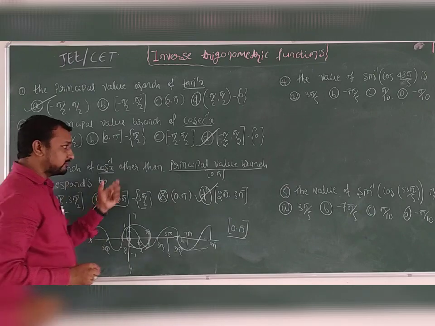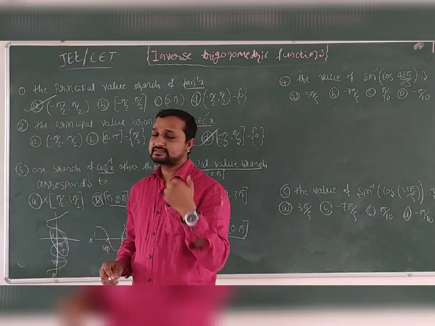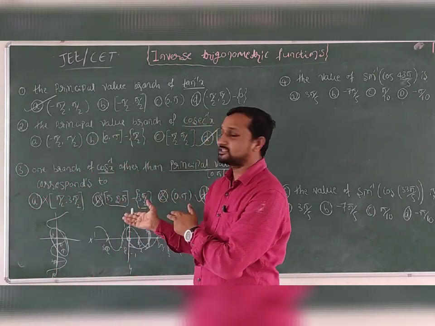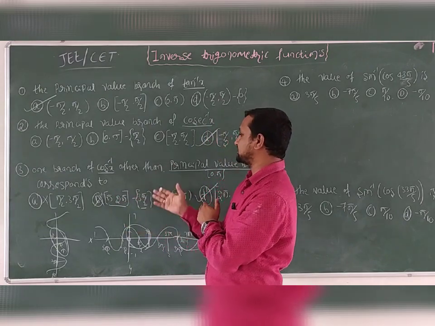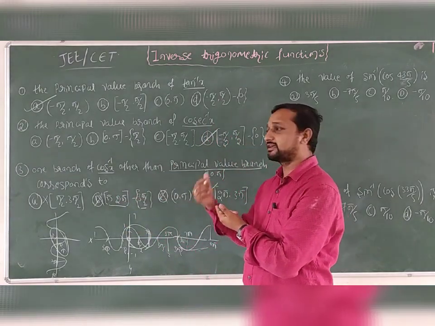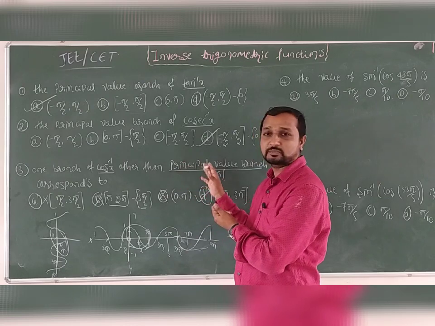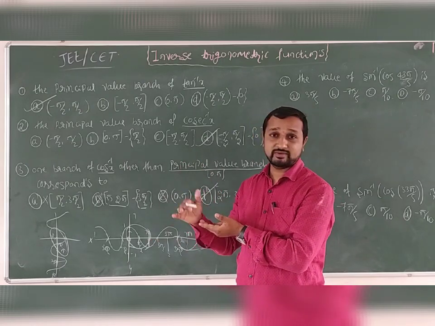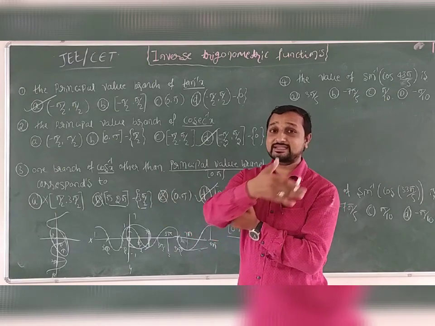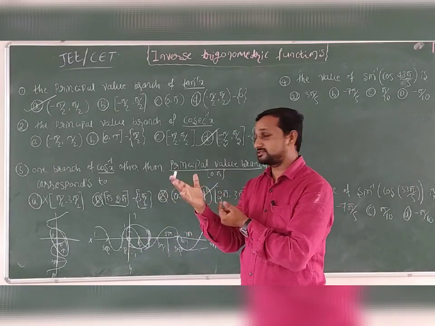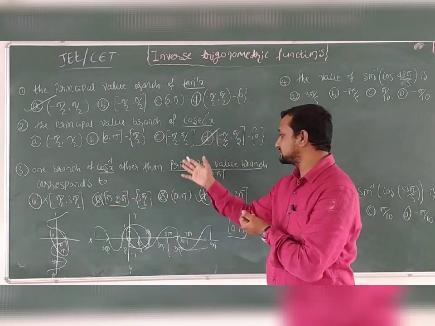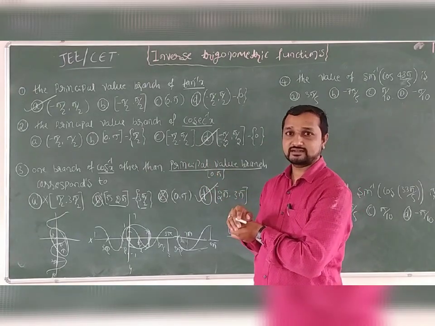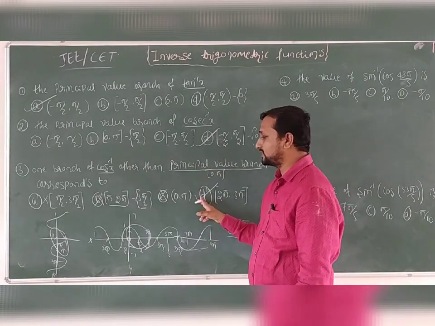So the question can be asked like that. Same in sin inverse also. One of the branches of sin inverse x other than the principal value is nothing but minus pi by 2 to plus pi by 2. Except that minus pi by 2 to pi by 2, there are pi by 2 to 3 pi by 2, and so on. So one of the branches, you will take as your option and justify your answer. So that, okay. So this is option D.